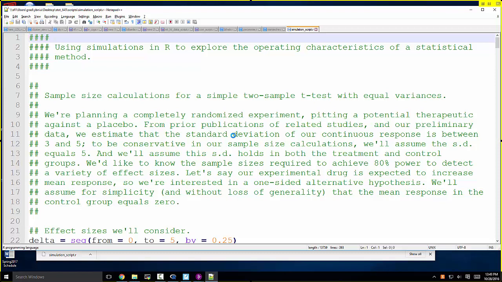Okay, today I was going to talk through this script called simulationscript.r. We'll start survival analysis next week. So in this script, I just have a variety of short simulations to illustrate a few